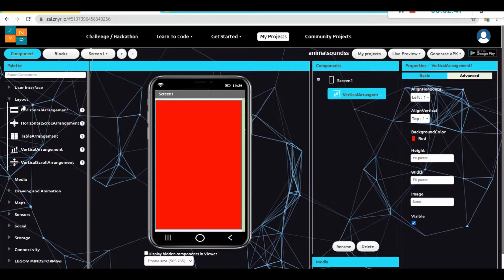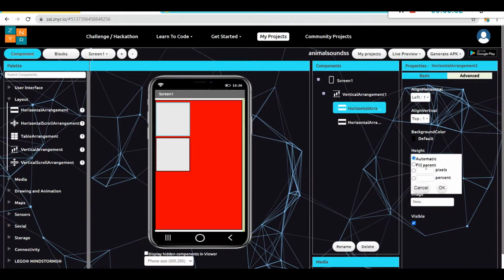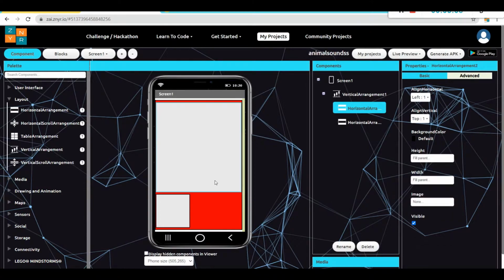Again, from the layout, I'm going to use my horizontal arrangement, that is 1 and 2. Under the property, I'm going to change the height and width of horizontal arrangement 1 by using the same thing, fill parent. Okay, so I have done my horizontal arrangement 1.